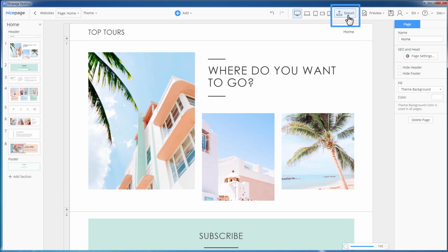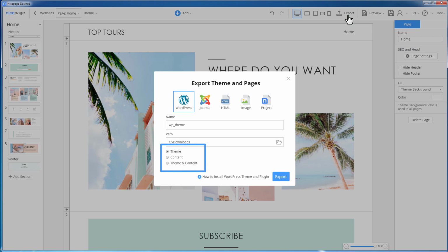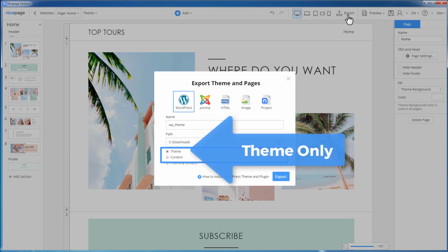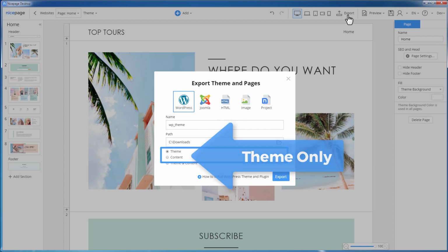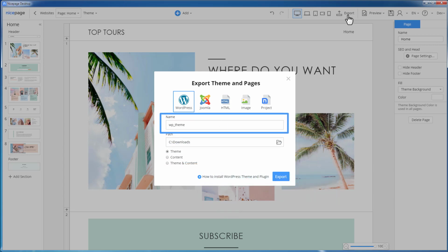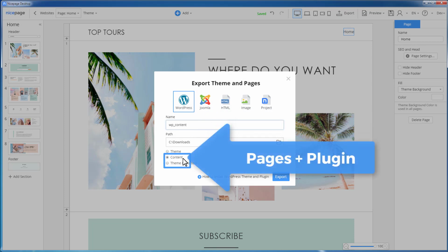Let's export. There are 3 export options available for WordPress. The first option is for exporting only the Nicepage theme without the content. In the export dialog, enter the zip name and select the theme option. Click the export button. The second option is for exporting only the content created in Nicepage, which will also include